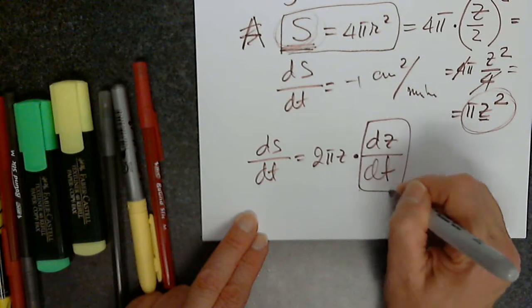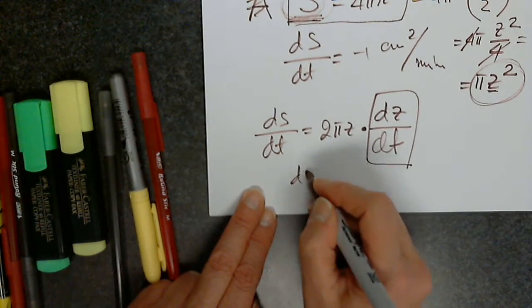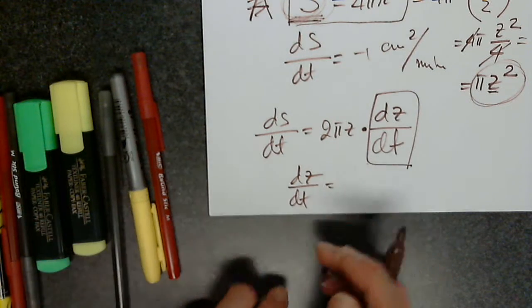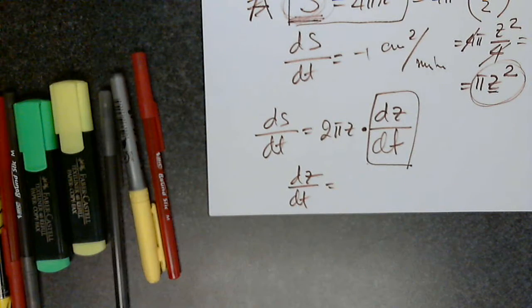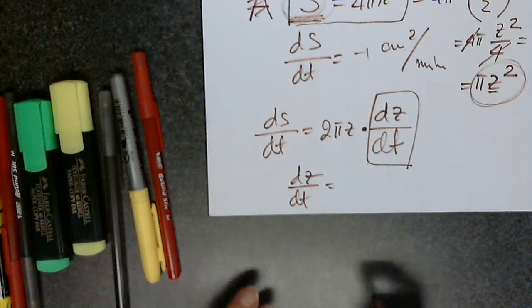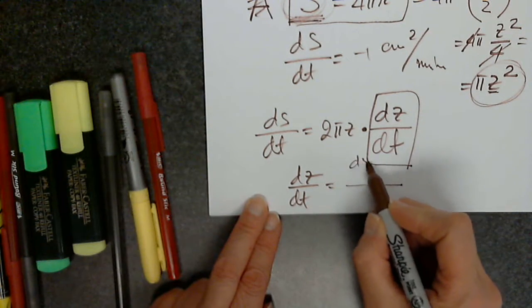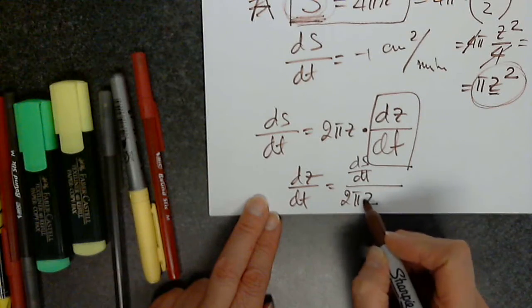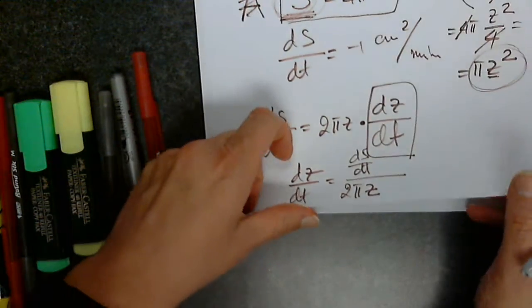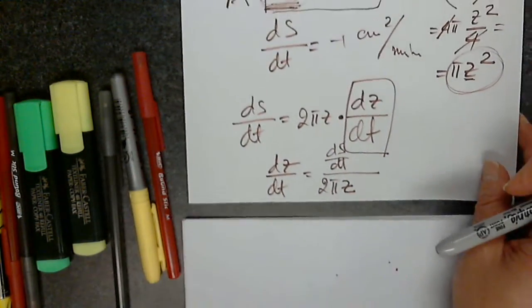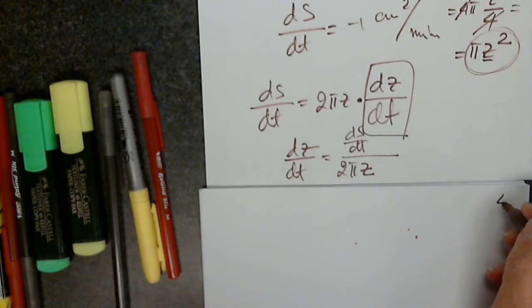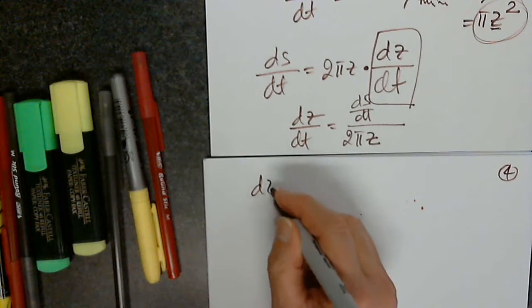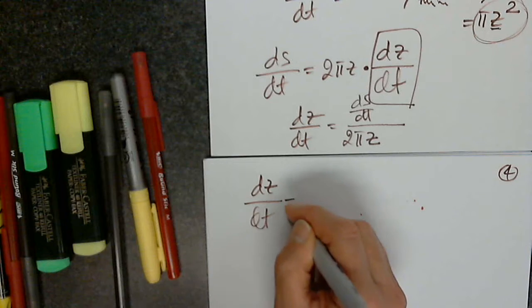This is what I want to solve for. How do I solve for dz over dt? What should I do to both sides? We'll divide by 2 pi z. So ds over dt is at the top, 2 pi z in the denominator. And now you can give me anything you want and I'll plug it in. Not up till now, but now I'm ready. dz over dt is,